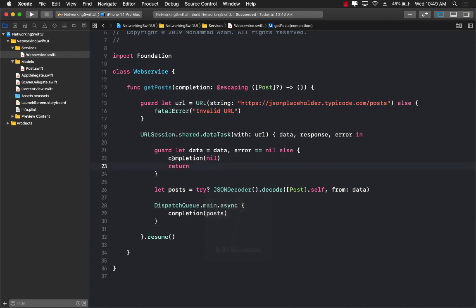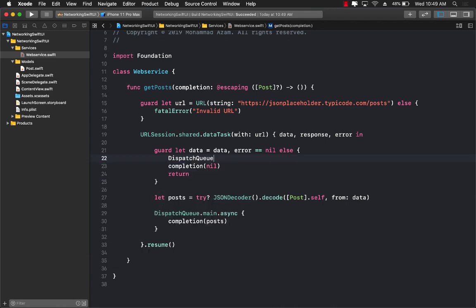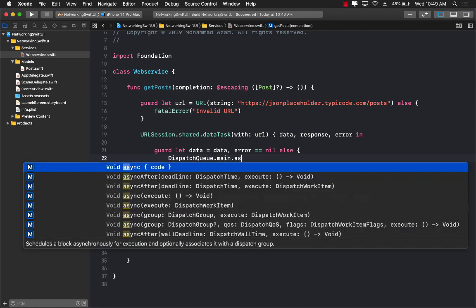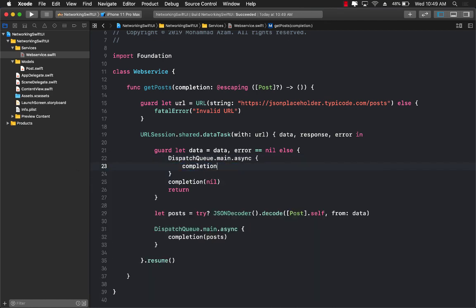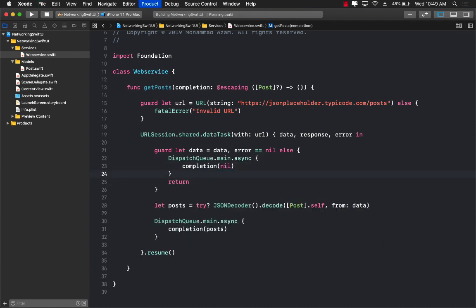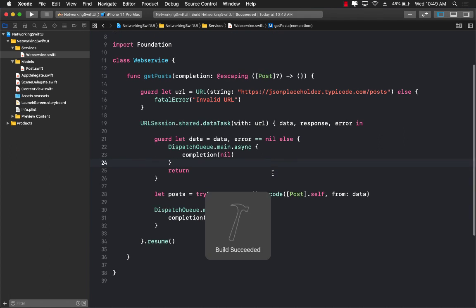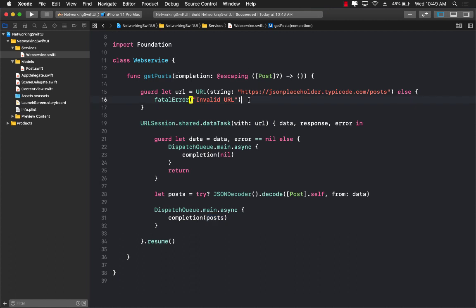Okay, fine. And this also should be called, on line number 22, inside the dispatch on the UI. So let's go ahead and wrap this up also. DispatchQueue.main.async, and then completion handler, passing it nil. Perfect. All right. So hopefully we'll get the post, and then we're going to call the completion handler, passing it the post,